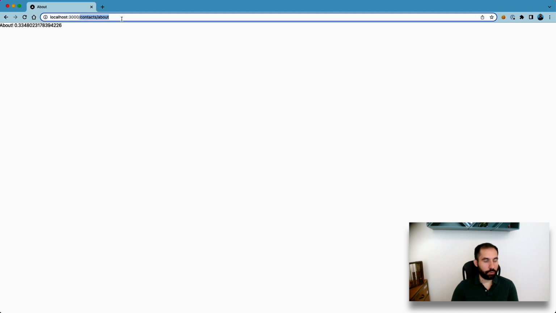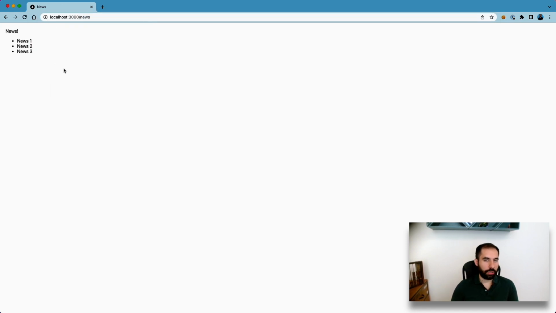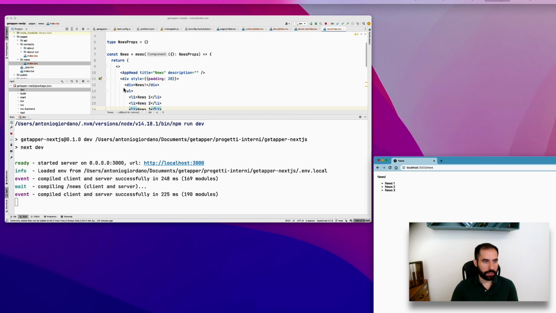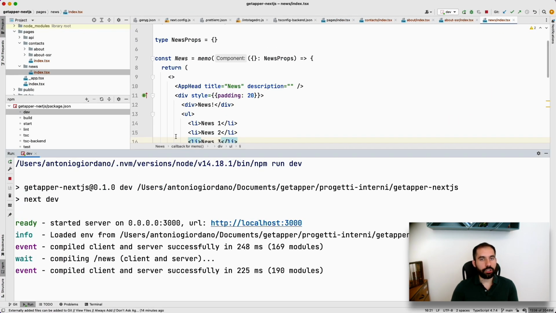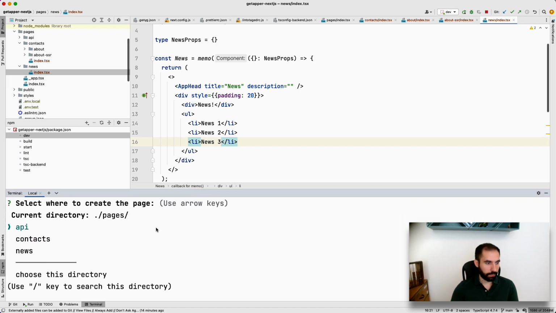And if I navigate to news, this is actually the really simple result. Now imagine that we want to connect all this news to each specific page with details. So we will invoke again Generate Next Page. This time we will go inside news,